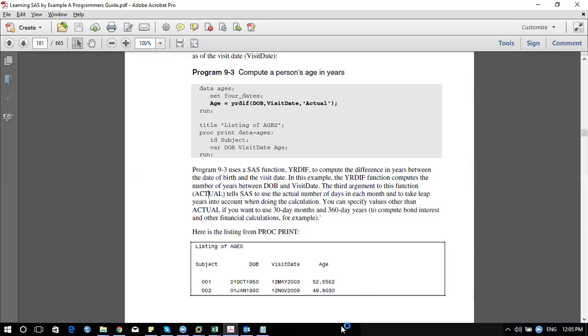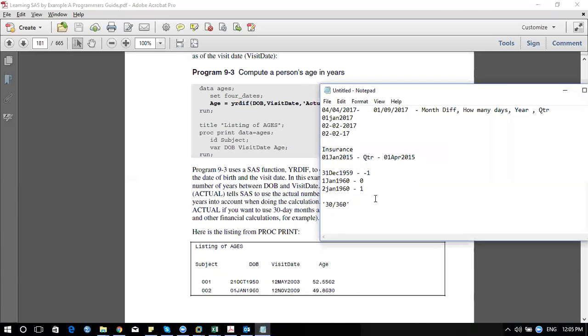But if you have a specific requirement from your process, then in place of actual you can write this as a keyword. You can say, okay, I must have 30 days for every month divided by 365.